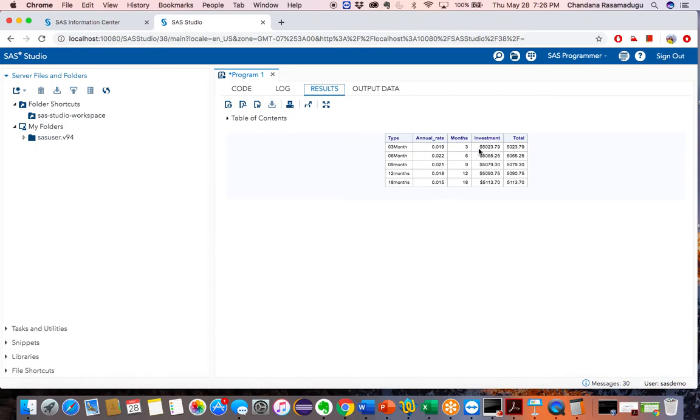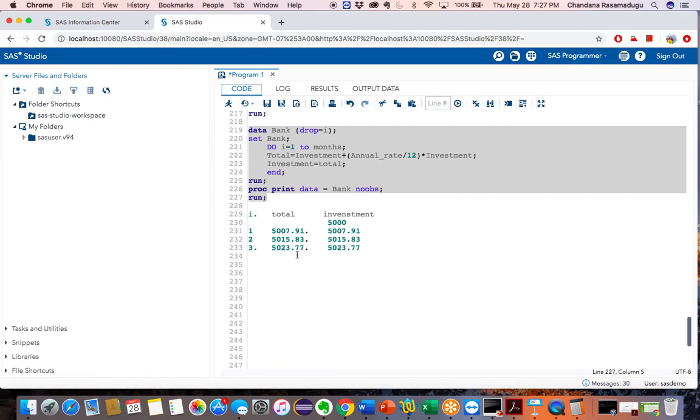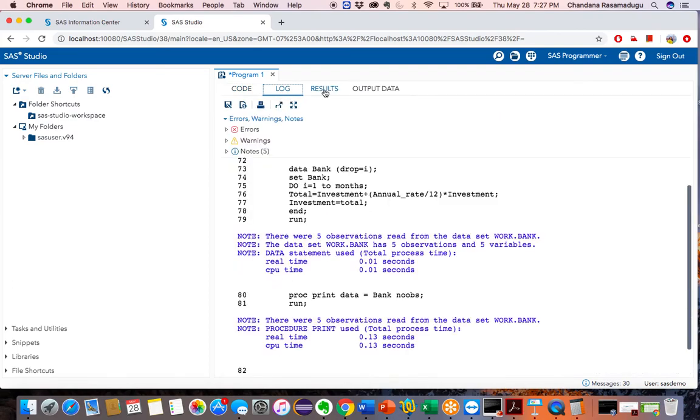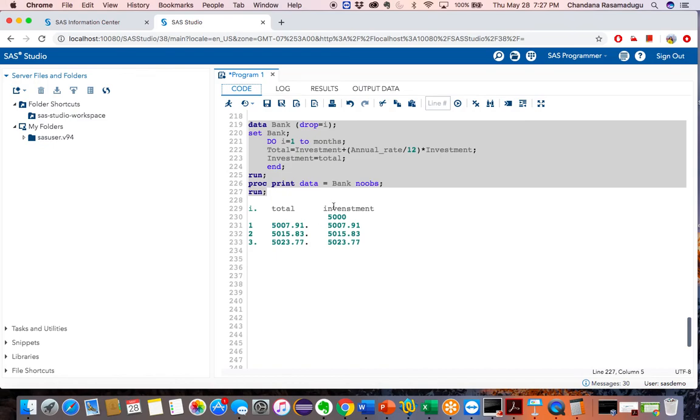What is my investment value here? 5023.77, and the total was the same. That is what I got in the results for the third month. Like this it performs the looping for any formula that we give.